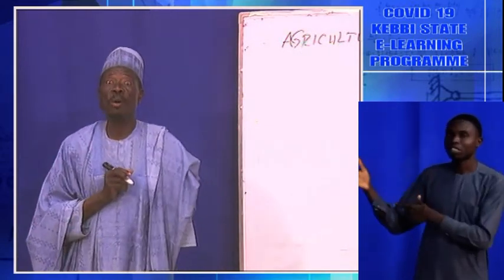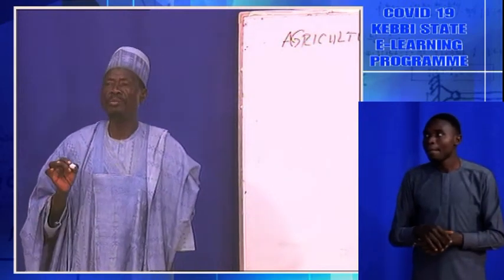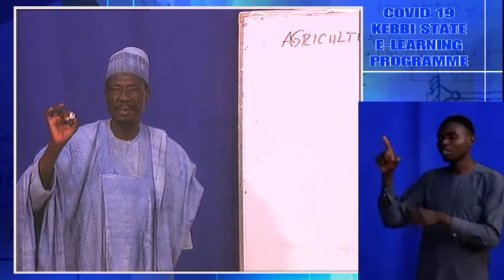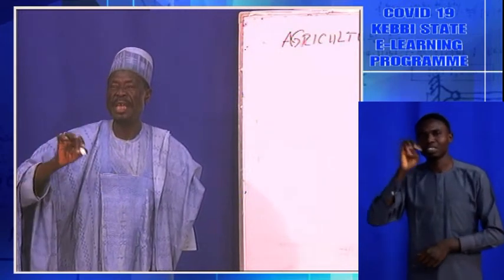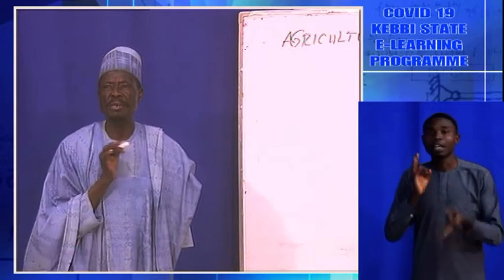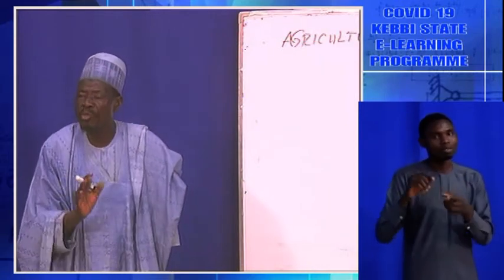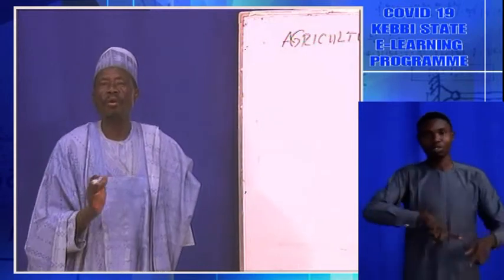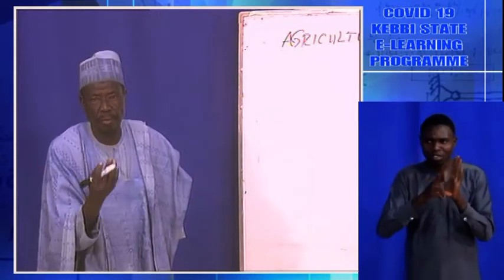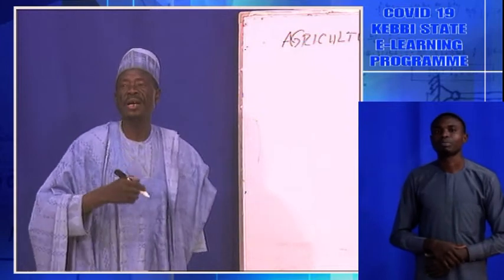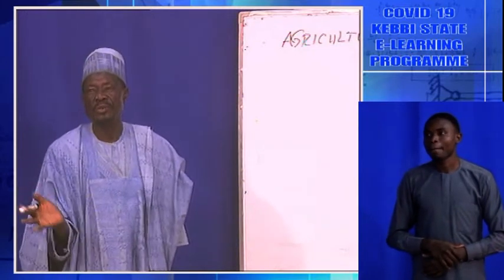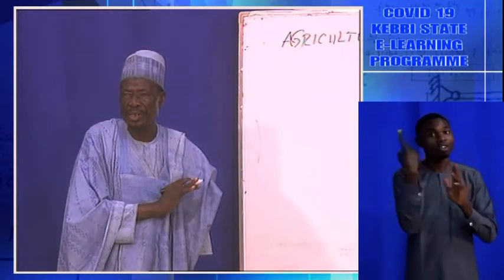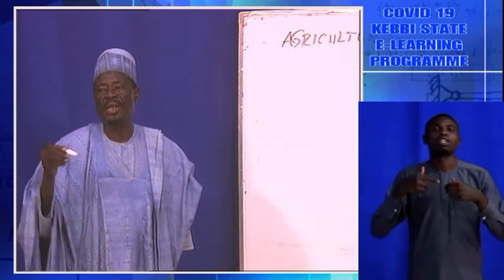Then the last one, omnivorous. The omnivorous animals, for example, a human being, a man, and a dog, are omnivorous animals. A human being eats meat and eats grains or food made from grains, as well as vegetables. So a man is an omnivorous animal. He eats everything, just like a goat.